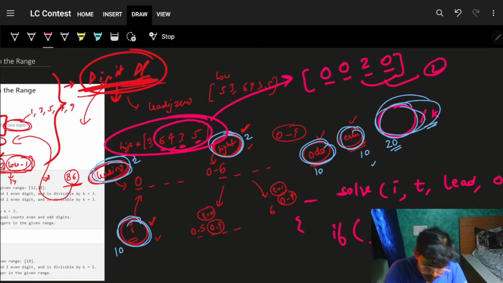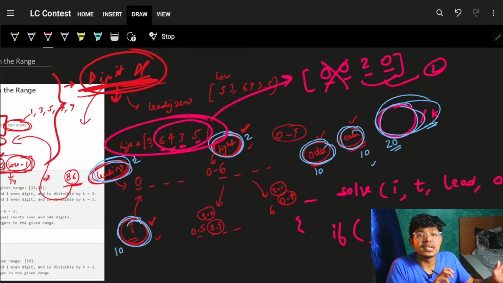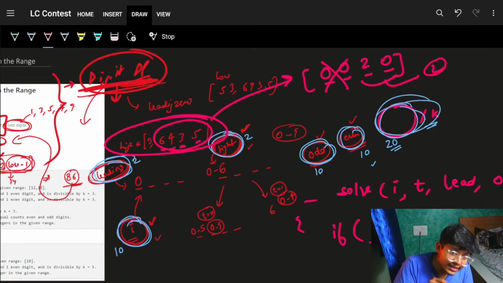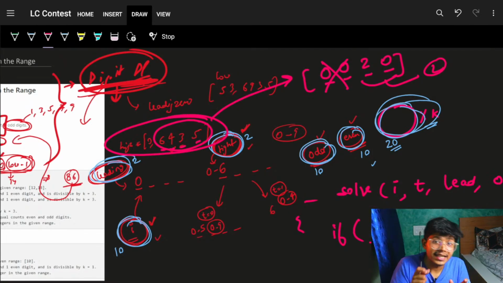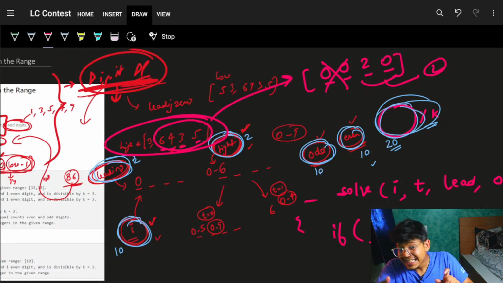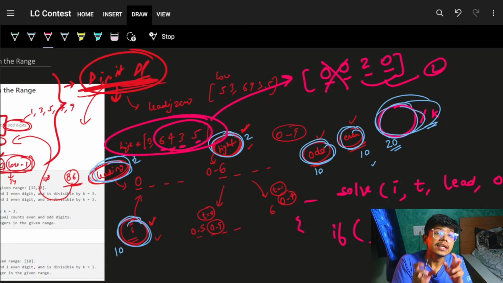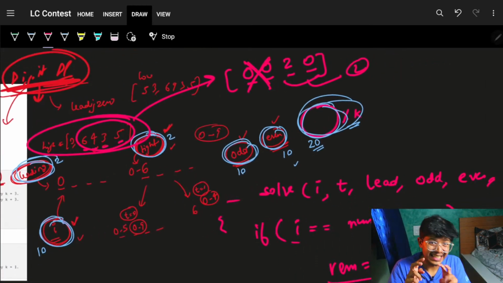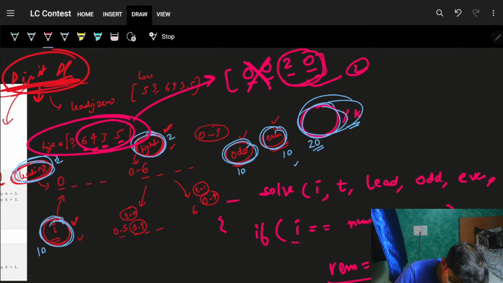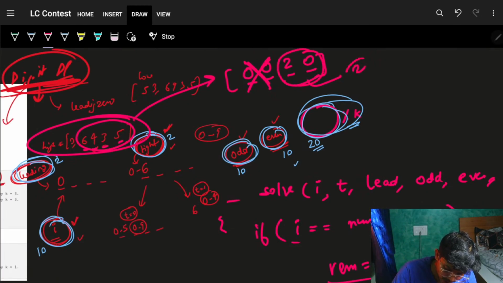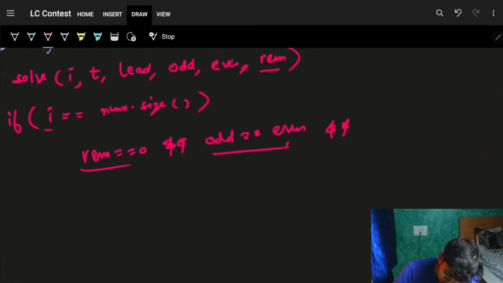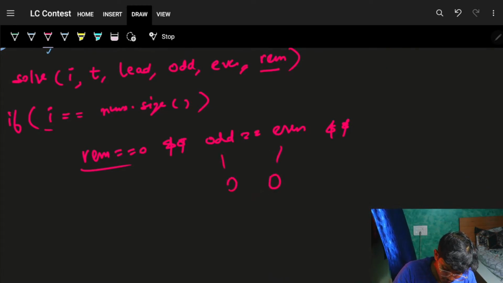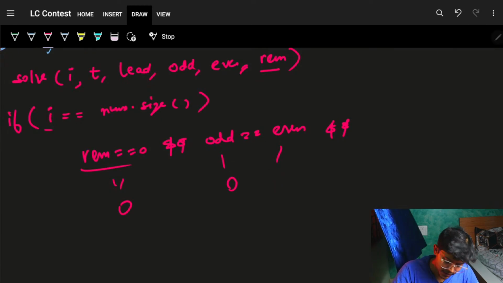You will say only 2, because these 2 are the leading zeros which will never count in your even digits. That's the reason it was primarily important to maintain the leading zeros, because you need to get the count of the actual number of even digits and odd digits. So you will maintain the number of leading zeros, so you know the actual number of even digits is 2 in this particular case. If the number itself is 0, the number of even is 0, number of odd is also 0, remainder is also 0. So you also need to maintain that